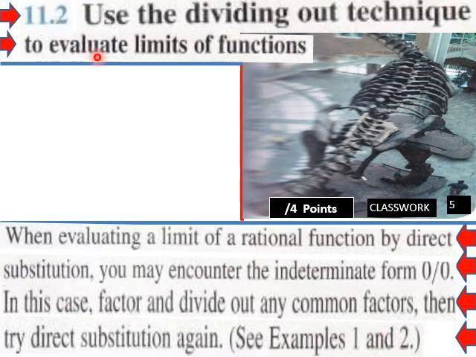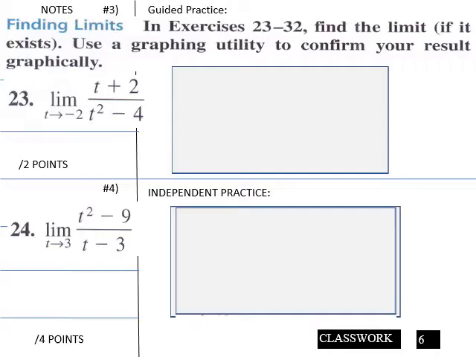For 11.2, we covered that in classwork. So, okay, let's try 1. Find the limit. If it exists, use a graphing calculator to confirm your result graphically. So we have a limit here as t goes to -2 for t plus 2 over t squared minus 4. In our guided, this is your independent down here, students. So for the guided,